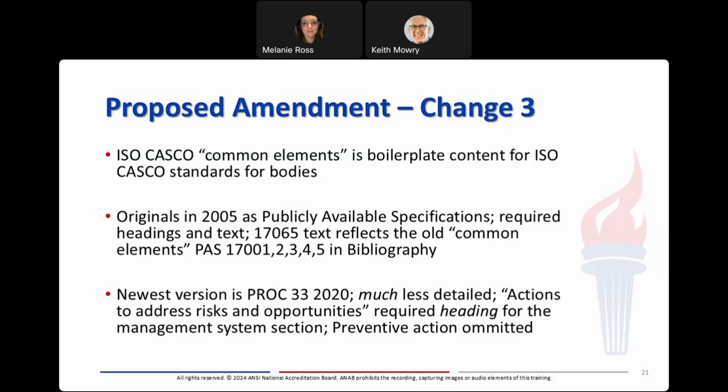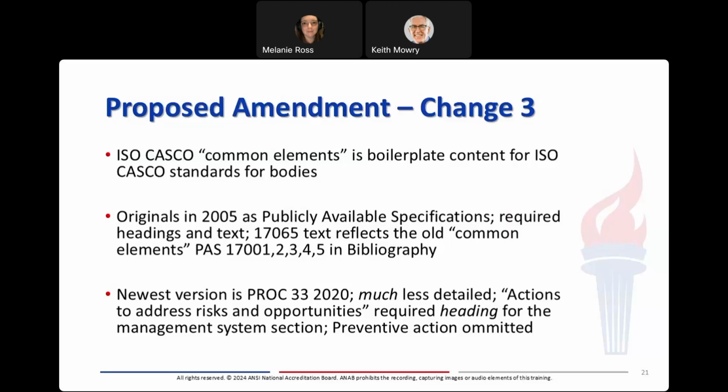17065 reflects those old common elements. As a matter of fact, in the bibliography to 17065, you can see the references to them. It's publicly available specifications 17001, 2, 3, 4, and 5. Well, since then, this common element library, if you will, has been revised, and the newest version is published as